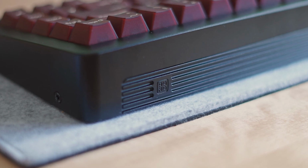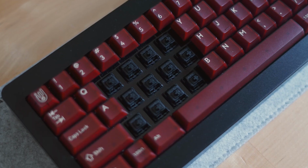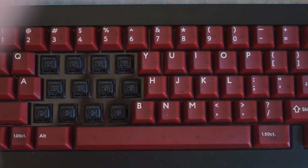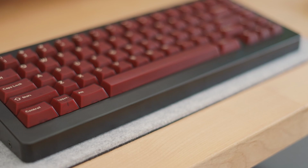The logo, the grille, and the centered USB port. Good stuff. Another aspect I haven't seen anywhere else is the PVD coated plate. You can literally see my reflection in this thing. It's so cool. Some things I don't like about the keyboard, the front height, it's pretty extreme without a wrist